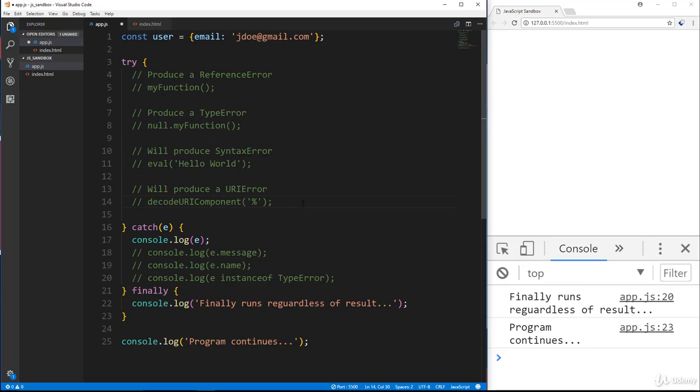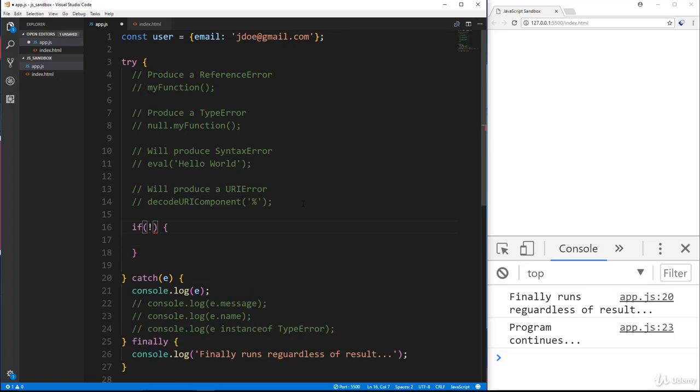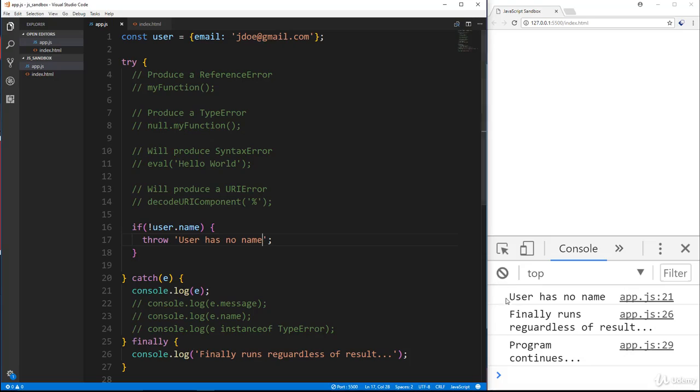So what we could do is go down here and say if no user.name, then let's throw an error. All we have to do is use the throw keyword, and then we'll say "User has no name." So let's save that, and we get down here, user has no name. Okay, and you could put that inside the DOM if you wanted to as well, and some kind of an alert. Now another thing you could do, this is just throwing the string,